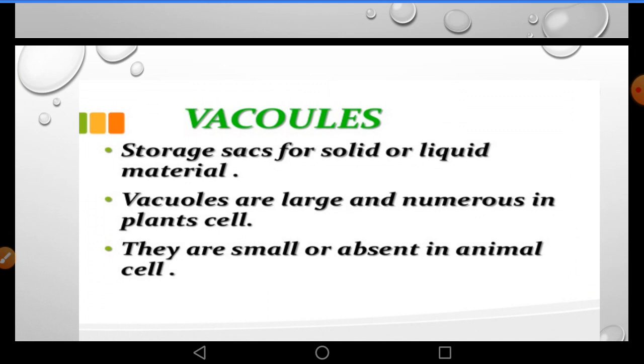Plant cell में vacuoles बड़े होते हैं. In animal cells they may be small or they may be absent. The central vacuole of some of the plants, कोई plant के जो central vacuole, it contains maximum area, it is covered by the vacuole. Approximately 50 to 90% of the area is covered by the vacuole. So plant cell vacuoles are full of cell sap to provide turgidity and rigidity to the cell. Now many substances of importance to life are also present inside the vacuole. Maybe amino acids, sugar, various organic acids and some proteins.